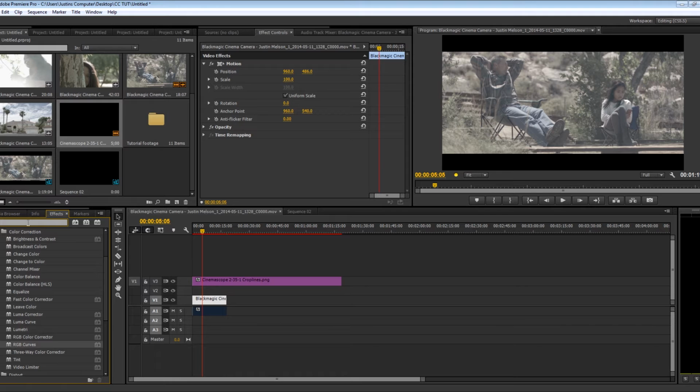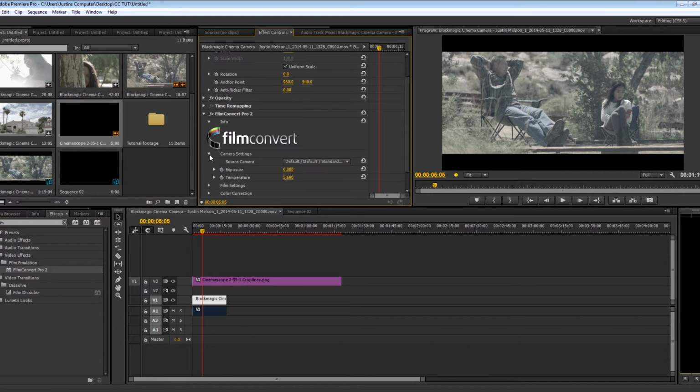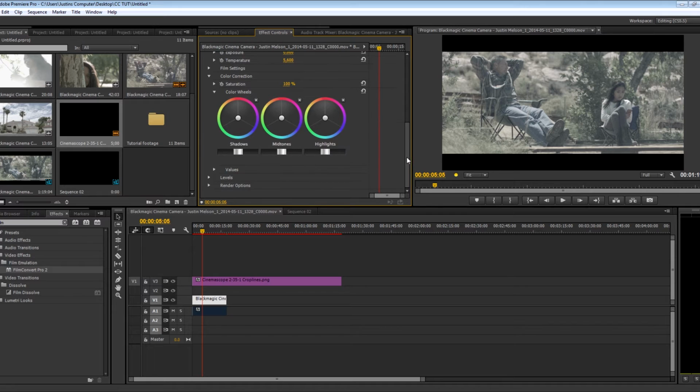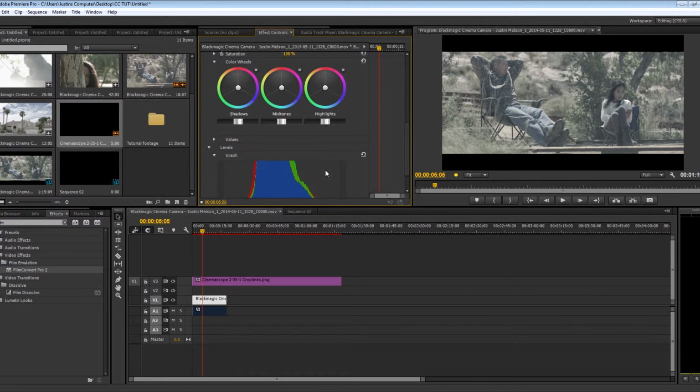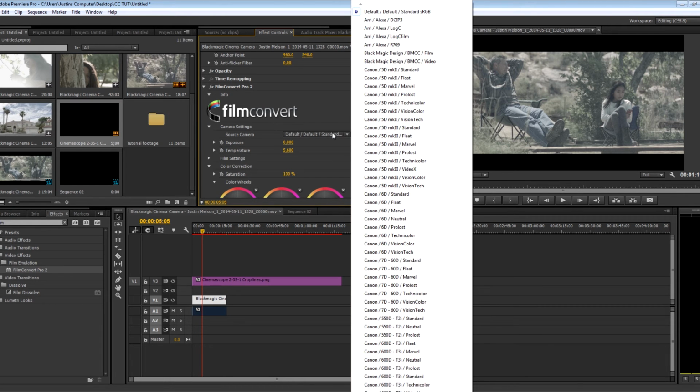So what I like to use is a software called Film Convert Pro. So I drop that on there, and already you can see this is a film emulation software. So what that means is it's not specifically made for color correction. As you can see, there's only so many color correction tools that are here. You have your 3-way color corrector and your levels, and that is about it. But it is meant to emulate film in different film style,